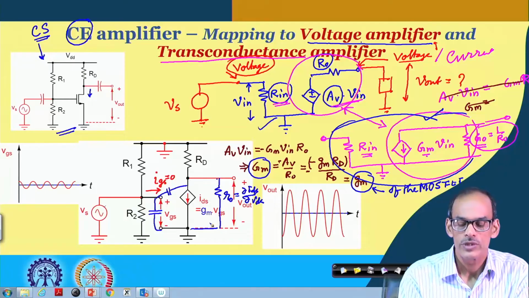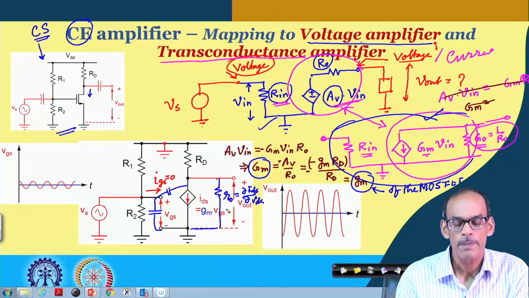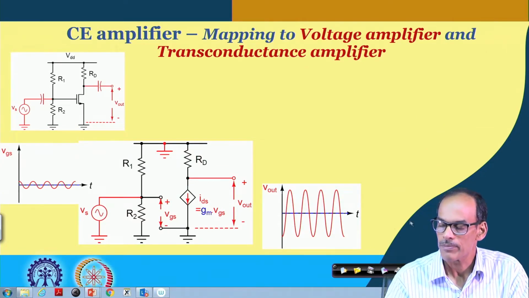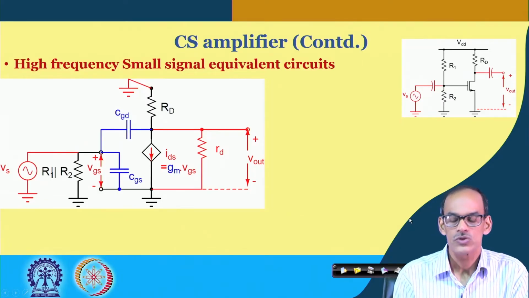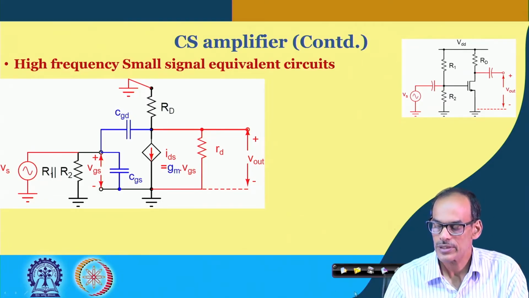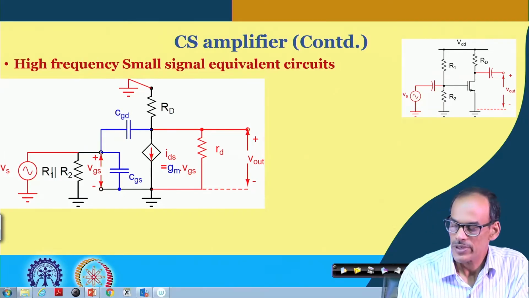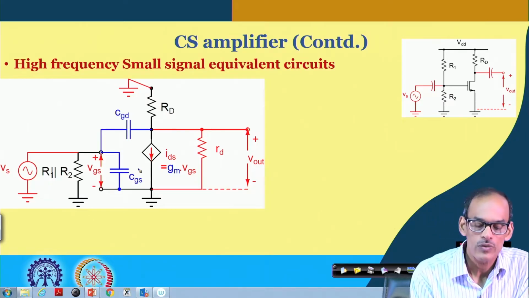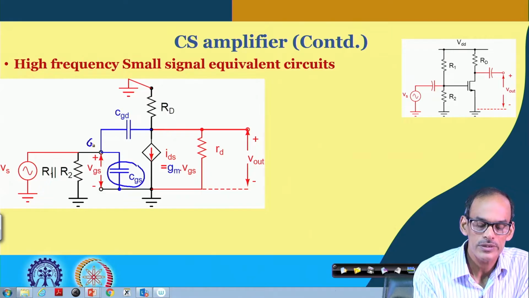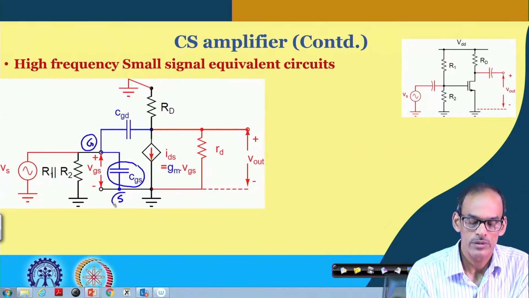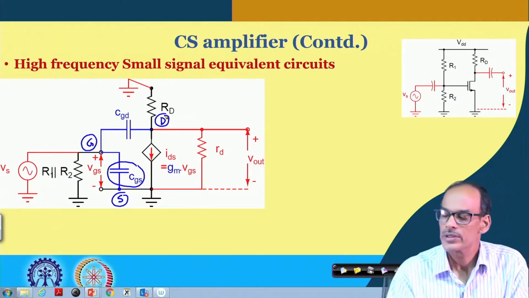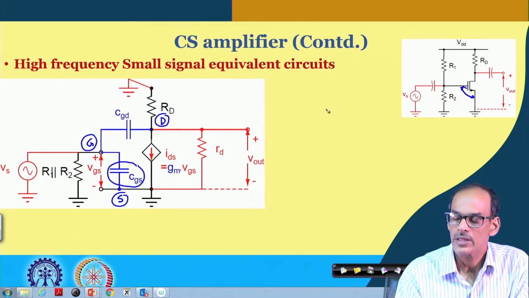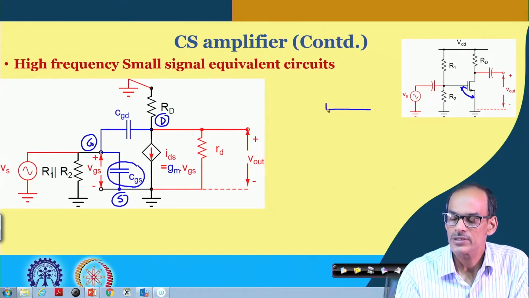So, if you see the corresponding model, this is the high frequency model. We can see that if we consider the device parasitics, what are the components we have? We have the gate to source capacitance. This is the gate terminal, this is the source terminal, and this is the drain. So, gate to source, we have one capacitance internally, and that comes basically from